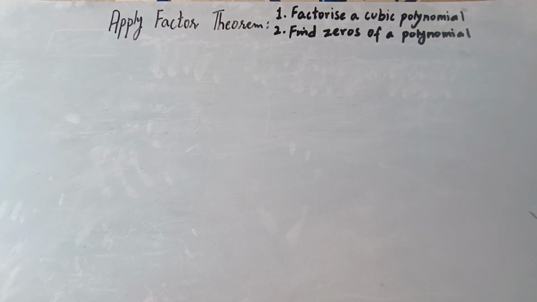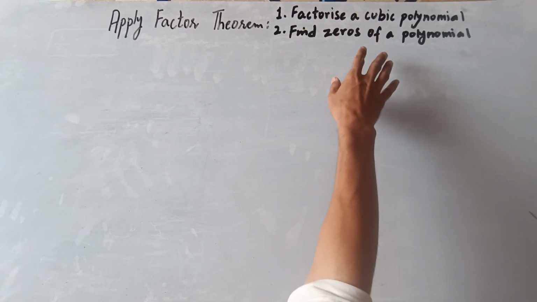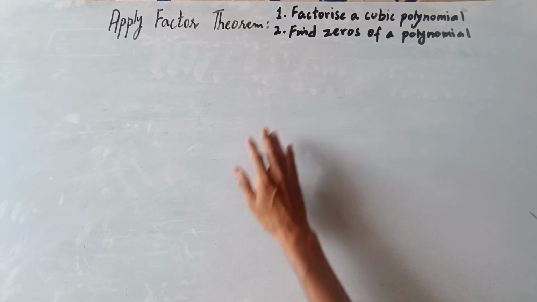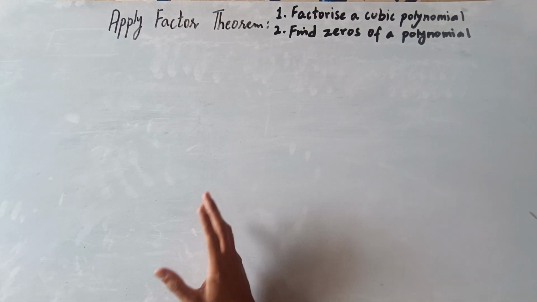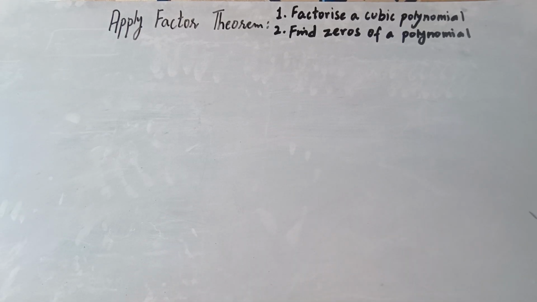Welcome to Macmo Academy. In this video, we will understand how to apply the factor theorem to factorize a cubic polynomial, and in the second part we will understand how to find the zeros of a polynomial by using the factor theorem. So to understand it, with reference to our previous video of the same series, we have understood the remainder theorem,